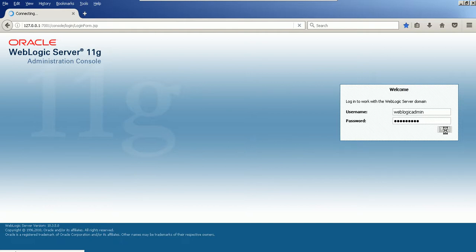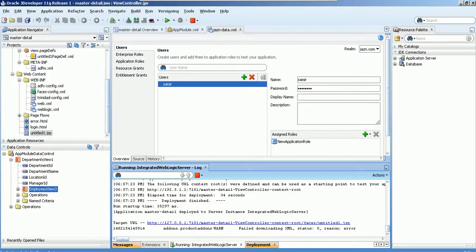It will take a few minutes to log in. Okay, till the time it connects, you can come to JDeveloper, and I will show you where